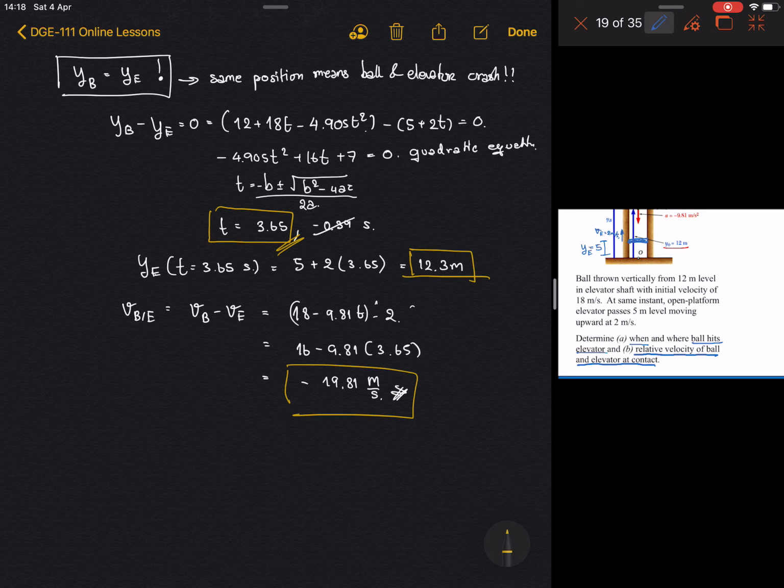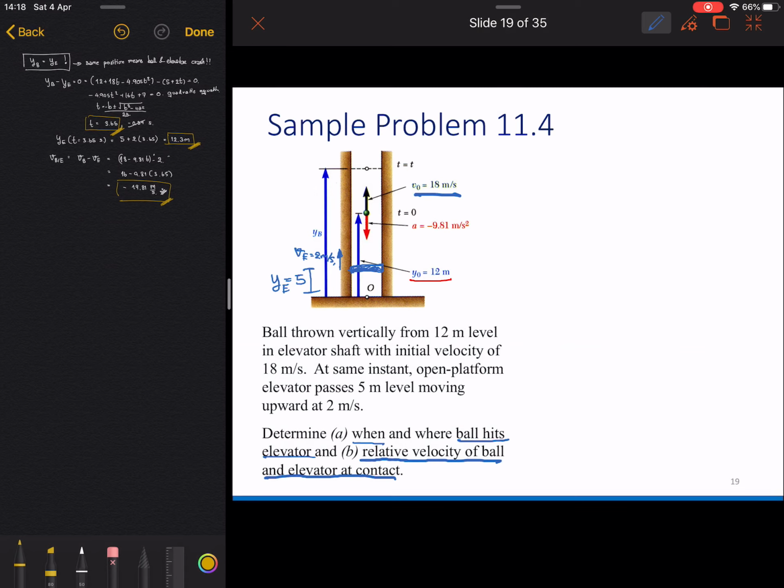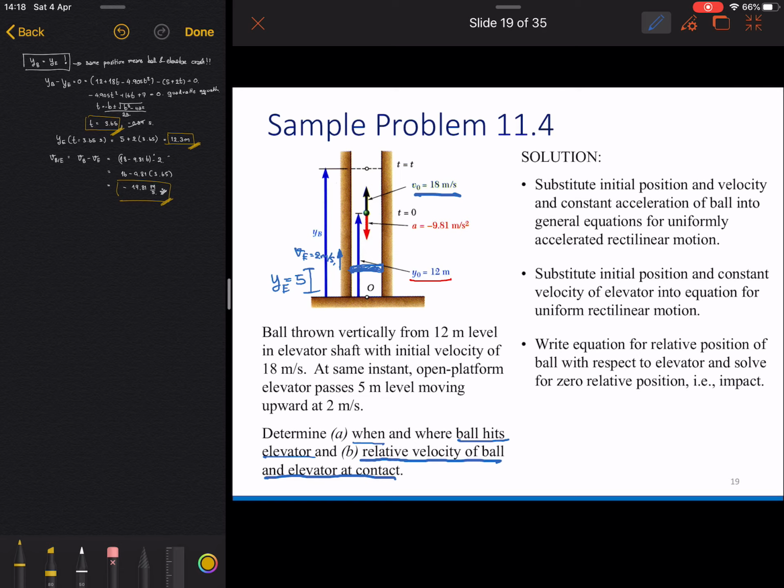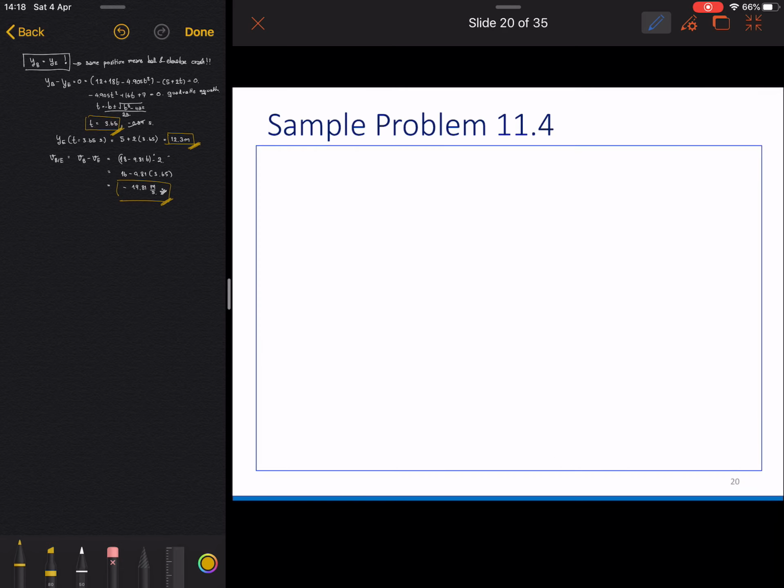So here is the time when it crashed. Okay, here is the height where it crashed, and here is the relative velocity of the ball and the elevator when it crashed. Right. So now let's get to the next